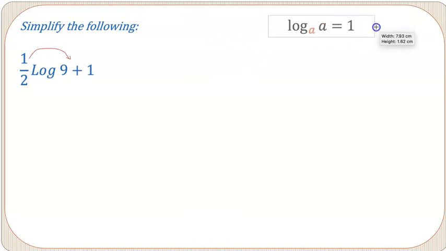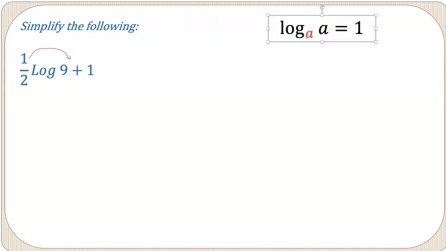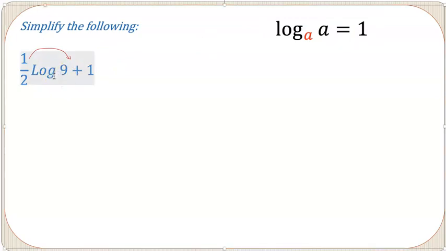Which is basically showing us that as long as the base and the end result are the same, then the result will always be 1. So in this case, our base is 10. So as long as we keep the base as 10, then we're good. Right? Base is 10, so the end result must also be 10 for it to be 1. So we're saying